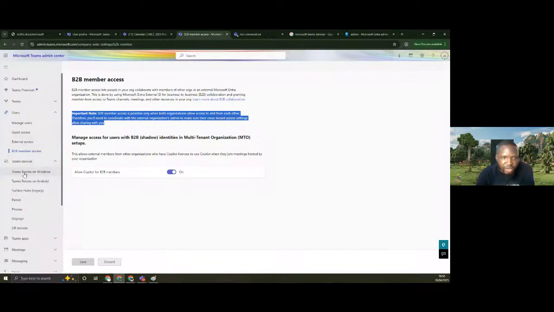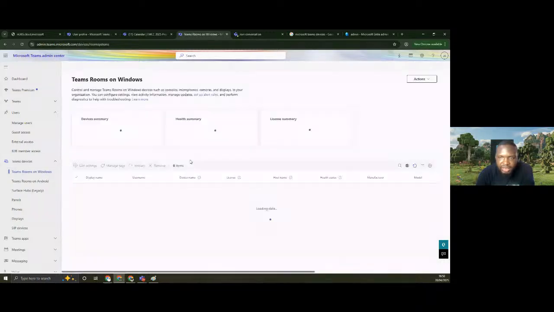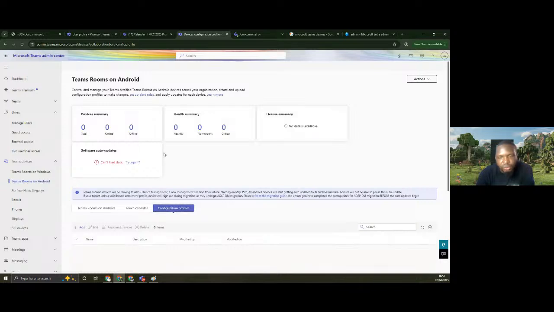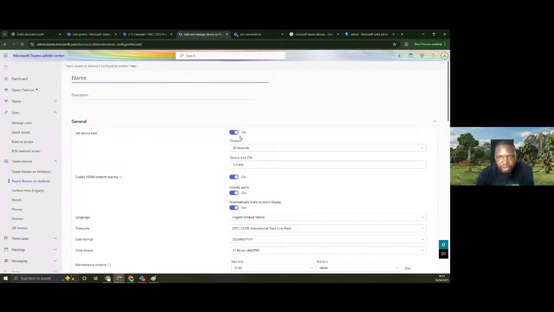So if you come here, you have Teams rooms for Windows. One thing you can see here is you can manage the settings. If I had devices here, you would see the list here, and I can manage the settings. You have Teams Room on Android where you can even set up a configuration profile for those devices. For those who do Intune, you really understand what you can do with a configuration profile.